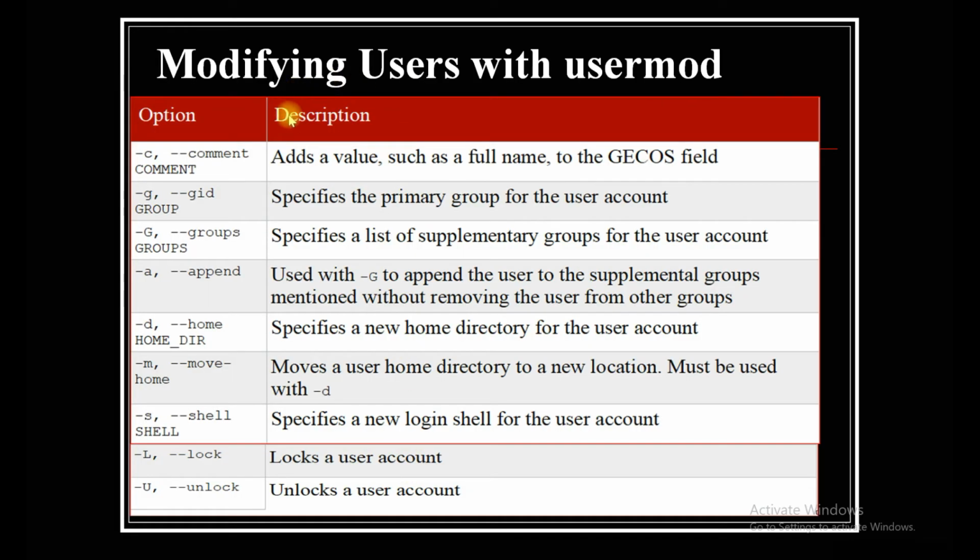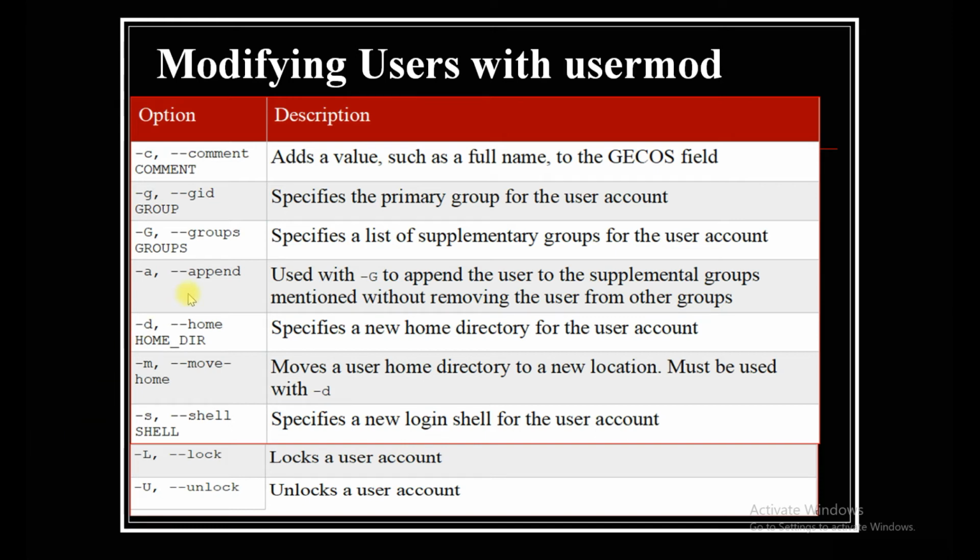Okay, so these are the parameters that we can use when running the usermod command. Let's say you have already created a user. You want to change the existing user's UID, GID, supplementary group, comments, or home directory and shell. All of this you can do. Say for comments, you want to change the name, from student1 to student Tony something, and you want to change the group from finance to HR. Similarly, you can do all these things.